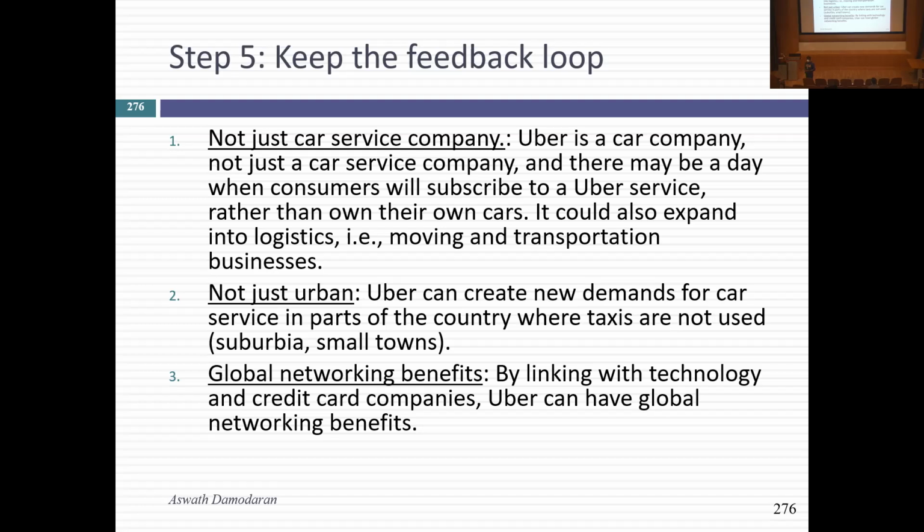Let me start with a simple question. Does Bill know more about Uber than I do? Absolutely. So I opened the email because it's obviously Bill. And he said, I read your post on Uber and did not like it. I said, okay, we got that out of the way.